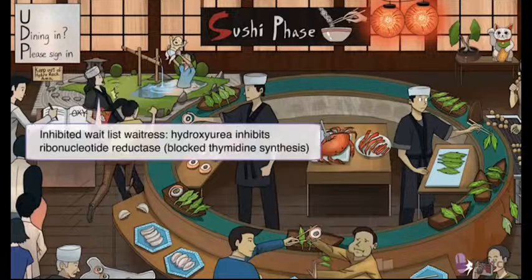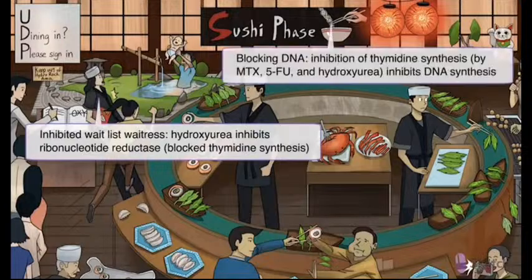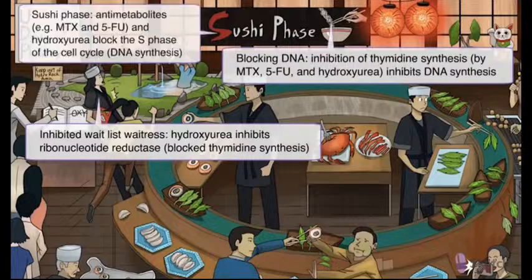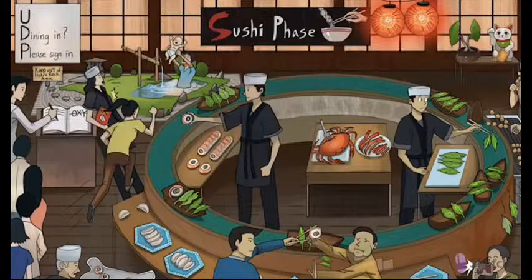Inhibited ribonucleotide reductase prevents the de novo synthesis of thymidine, which means DNA synthesis will be inhibited. This arrests the cell in the S phase of the cell cycle. That's S for Sushi Phase. As an anti-cancer therapy, hydroxyurea can be used to treat acute and chronic myelogenous leukemia, so remember too,